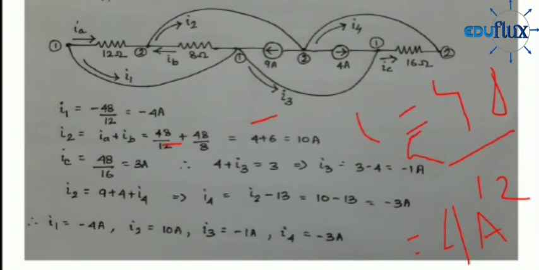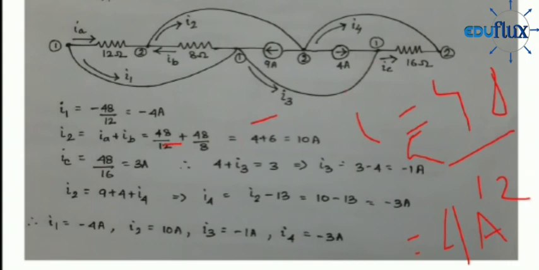Next, let us find the current IC here. Again, this IC current is flowing between node 1 and 2 only, so the voltage is 48 volts. So now we can understand how important that node voltage calculation was. Once we know the value of voltage, we can find the current through each of the branches quite easily. So again, IC will be 48 by 16, that is 3 amperes.